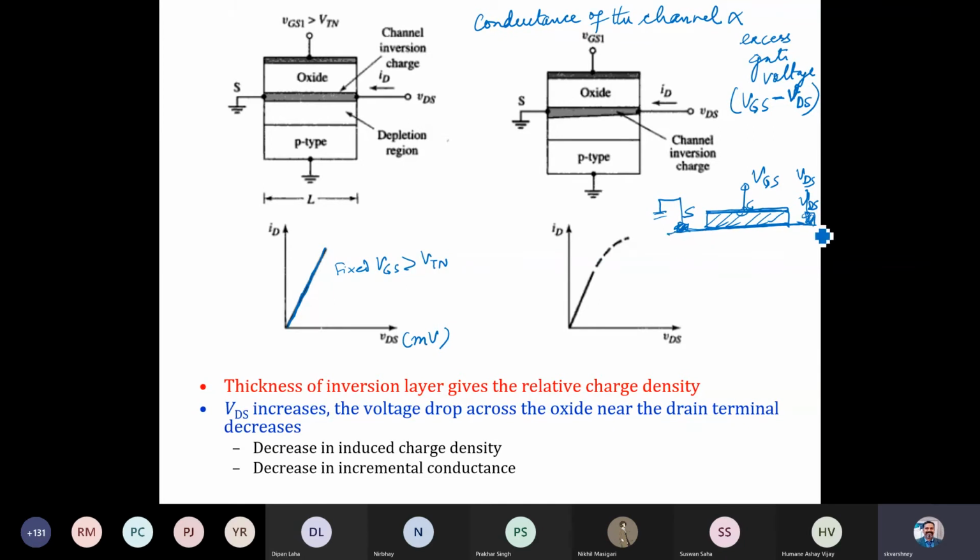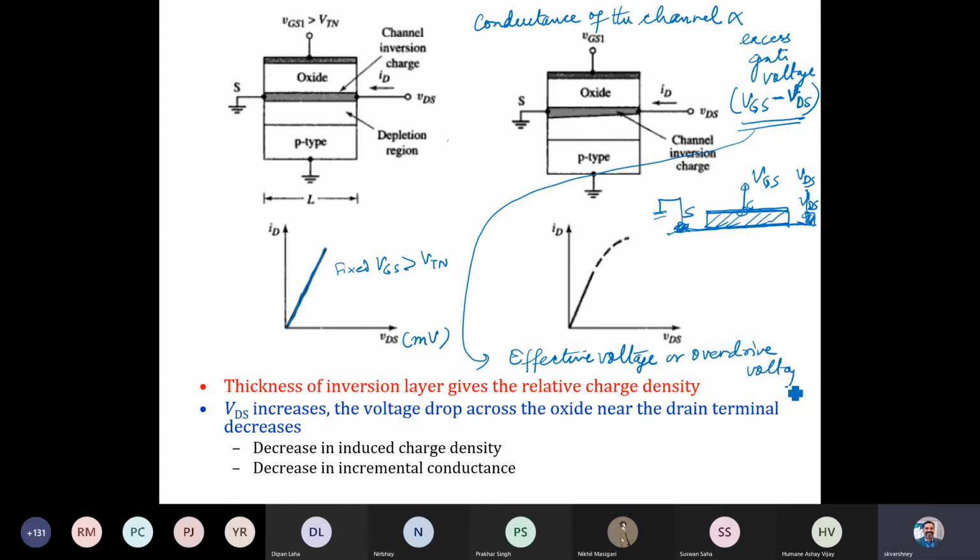I'm just drawing that from the top view. So what you see here depends on the excess gate voltage, VGS minus VDS, which we sometimes call the effective voltage or overdrive.